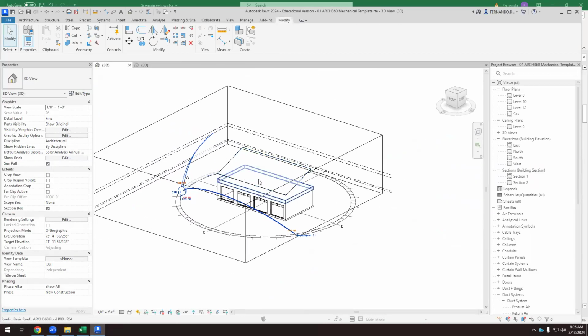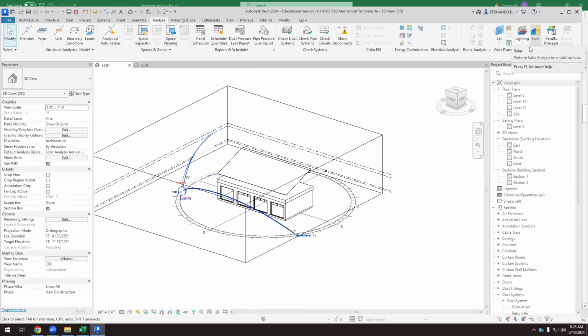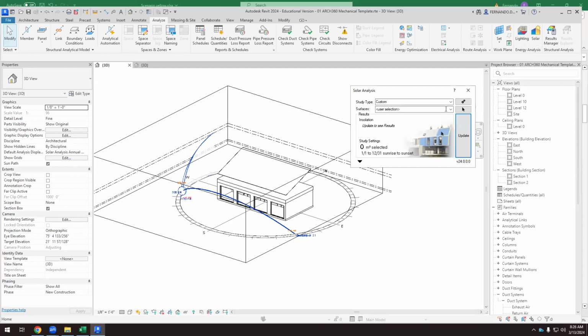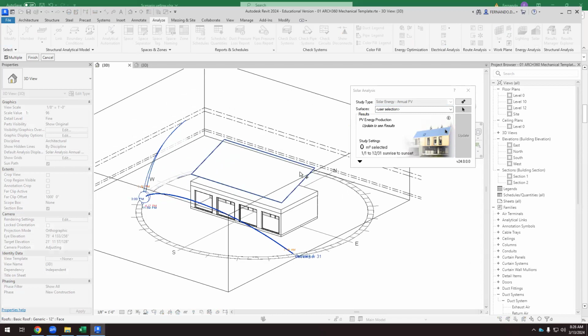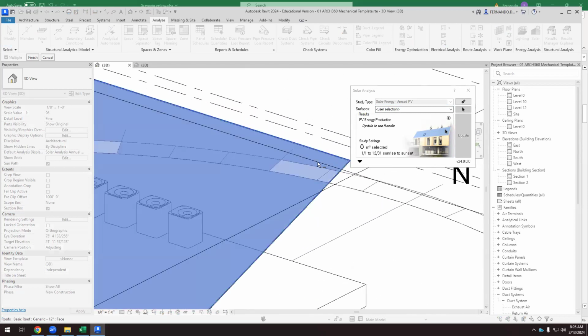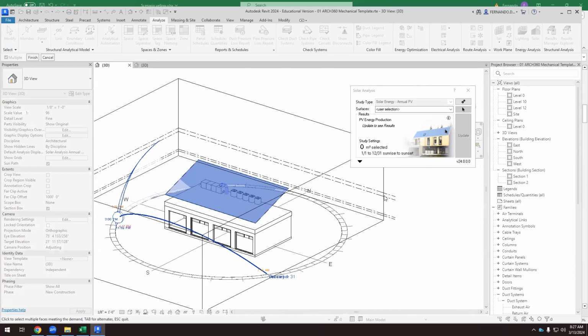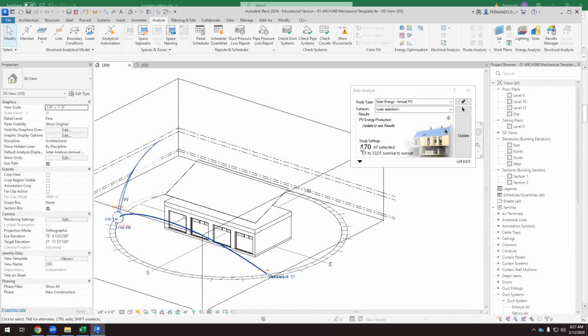So remember that in Revit, we have to go to Analyze. Here we have the solar analysis. And the custom is the solar energy, annual PV. We need this. The user selection, I have to select this roof. Okay, so now I select that roof. Click Finish. And we have selected 170 square meters. So that's the roof area. And if we update,